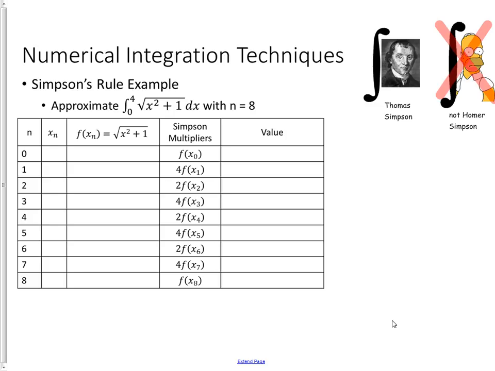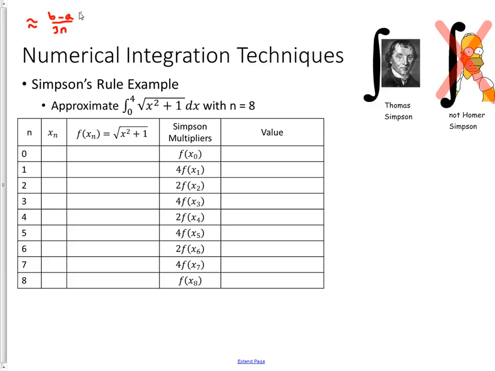So in my last video, I described what Simpson's rule was all about for using parabolas to estimate the area under a curve. And the rule basically went like this. We said that if we wanted to approximate a definite integral over some interval from a to b, our rule told us that we would approximate it by using b minus a over n, but we take 1/3 of that, b minus a over n being our delta x,